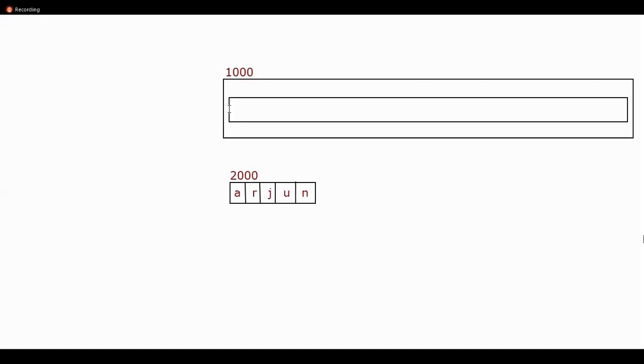What do you mean to say, sir? What I mean to say here is this. Now tell me, inside the list, what is the very first element that I'm supposed to store? Arjun. But then I see Arjun is a different object. But sir, I want this list, the very first element, the zeroth index element of the list, to refer to this string called Arjun. If that is your expectation, it's very simple. Tell me, what is the address of Arjun here? 2000. You better store the 2000 here. That means what is going to be stored here happens to be 2000. Any confusion so far?